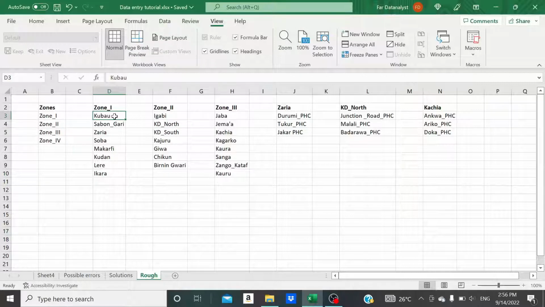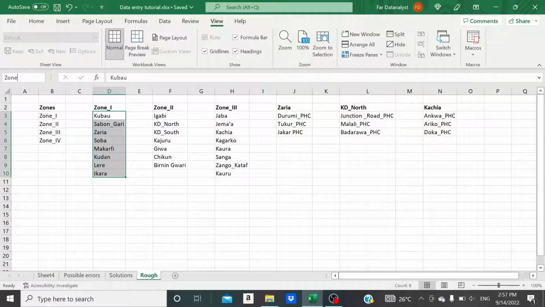So definitely you see what I mean by the time I am done. What I'll be doing now is naming all these values. You can see these are the values that are specific to zone 1. So I'll be naming this group of values after the zones they belong to. You can see in this column we have zone underscore I, zone underscore II, zone underscore III. So you name these values exactly as you can see them named here, including the underscore. See what I mean? So when I highlight like this and I come here, make sure you come to the formula bar. There is this name box at the extreme left. So this is where you give it the name. So you name this group of